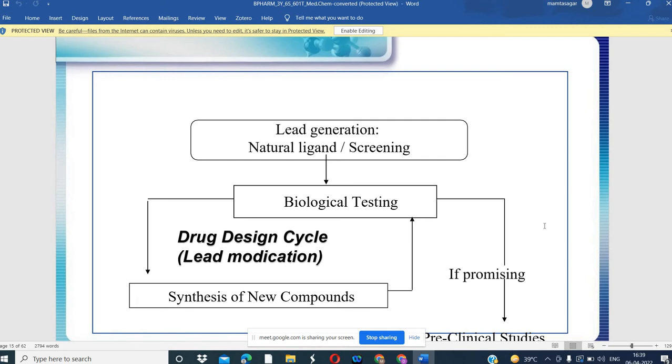It suppresses the function, modulates the function of the target molecule like protein. Protein may be inactive, protein may work less, like in the case of blood pressure disease, the activity may be repressed or induced to regulate the blood pressure, whether it is low or high, whatever we want to do. We want to lower the blood pressure or we want to increase the blood pressure. Okay, it depends on that. Generally we design the drug or lead molecule so that it can work against the target, can suppress the function of the protein, except in a few cases.